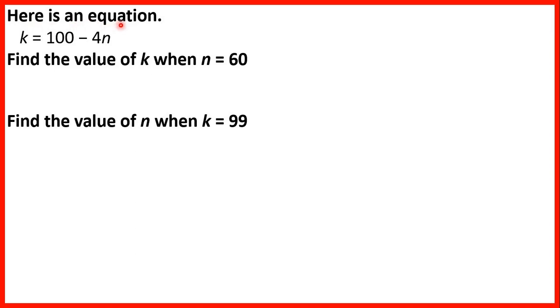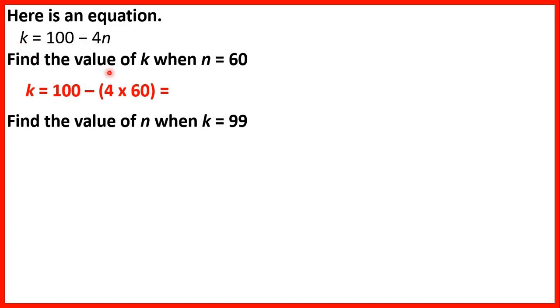Here is an equation. We have k equals 100 minus 4n. Find the value of k when n equals 60. So 4n means 4 times n. So if n is 60, we need to work out 100 minus 4 times 60 to work out the value